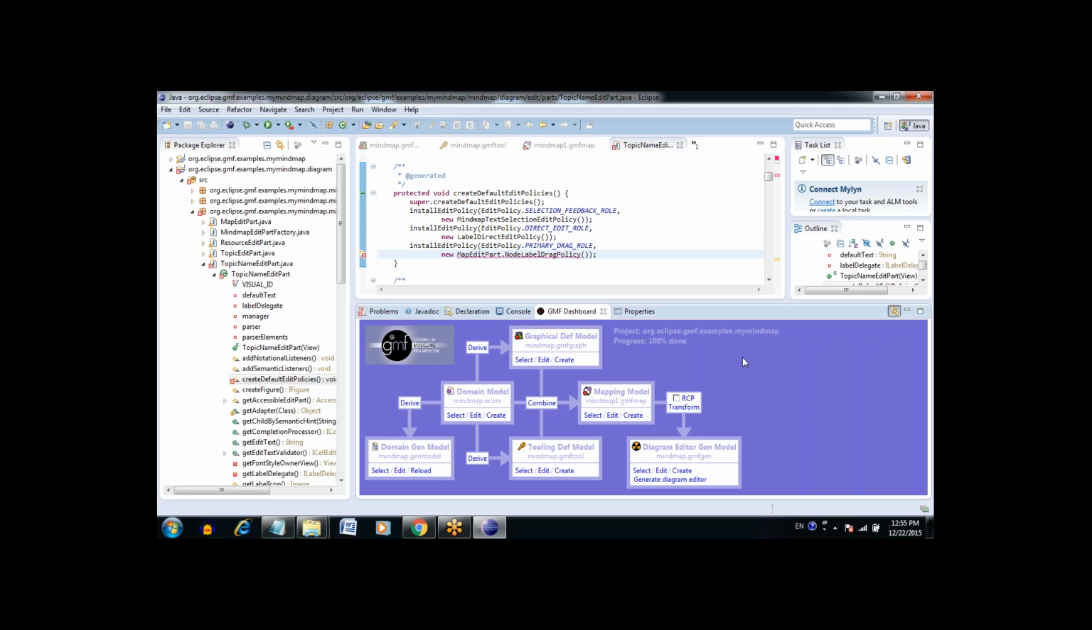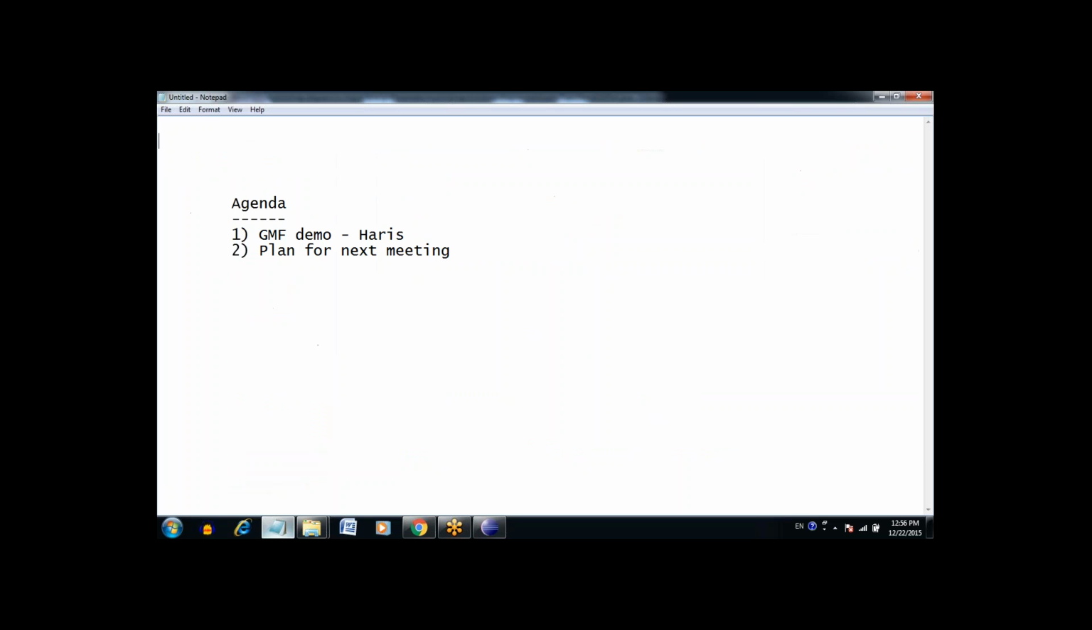Then after that, you try to create your own ecore instead of using mindmap.ecore. Create an ecore file on your own, and then do the full process and create an editor. So that is something you have to do in order to practice this. Then for next week, what we will do,